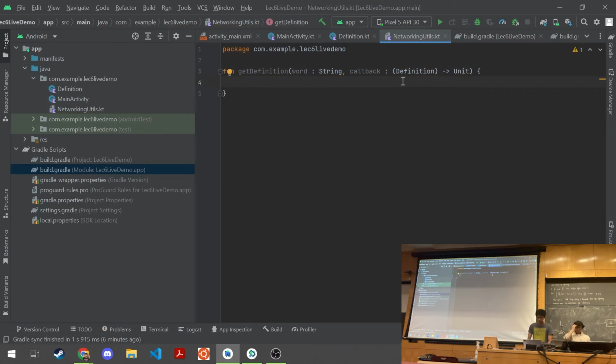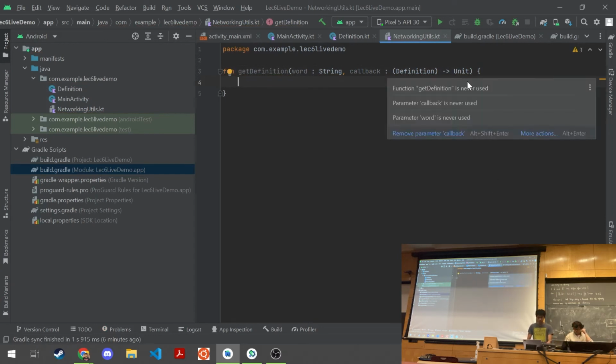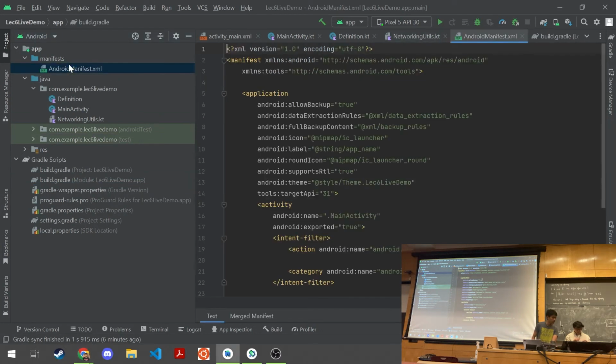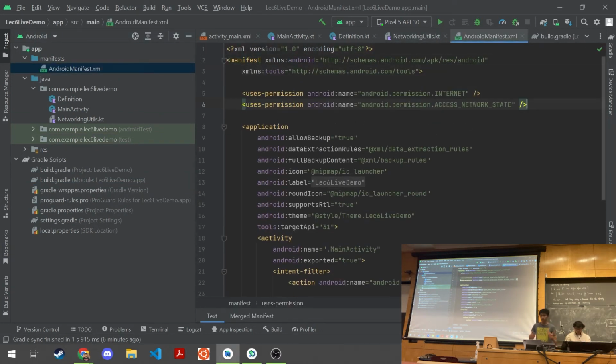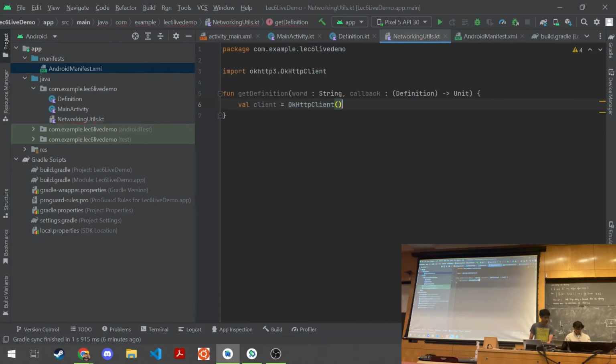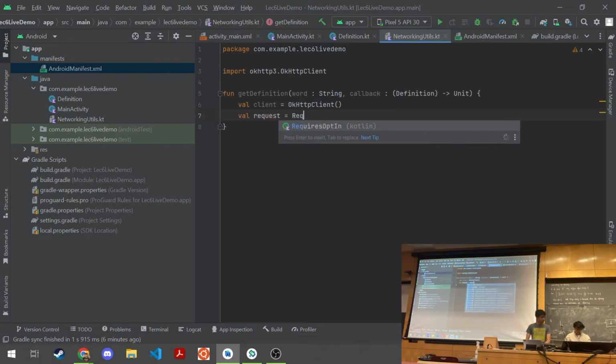So now I can run my function. So before I do anything, I want to first make sure that my permissions are properly aligned. So I have to put in networking internet permissions so that I can actually make network requests. So I'll just throw that in the manifest. Those are in our textbook. And so the next thing I want to do is actually make an OkHttp client. So I have to do that with client equals OkHttpClient. Just like that. No more has to be done in that case. Next, I'm going to make my request. And so you do that with the request builder, as you saw in the slides.